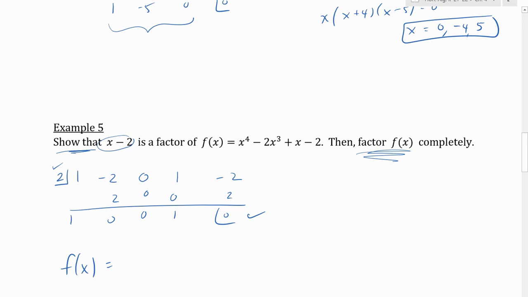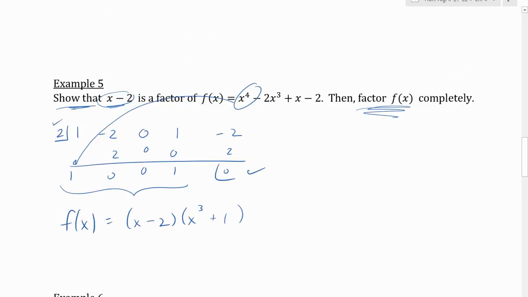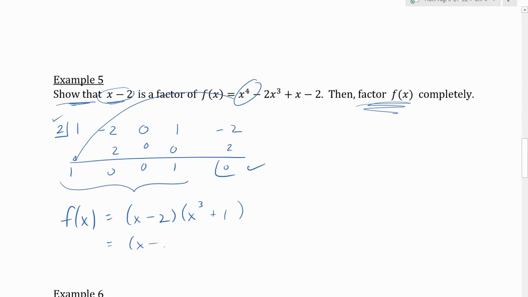So if we know that x minus 2 is a factor, here's what's left. When we start out with x to the 4th, the depressed polynomial drops a power. No x squareds, no x's, there's a constant. But x cubed plus 1 is a sum of 2 cubes. What would you cube to get x, and what would you cube to get 1? Square, change the sign, times them, add in the square. So there's the complete